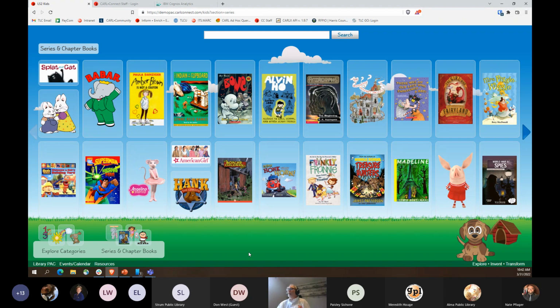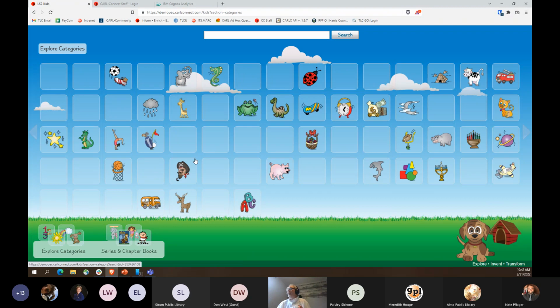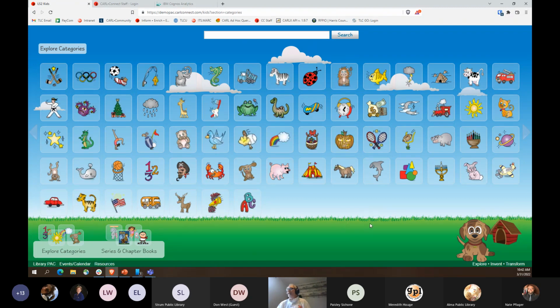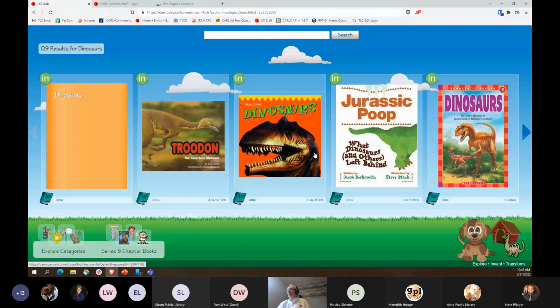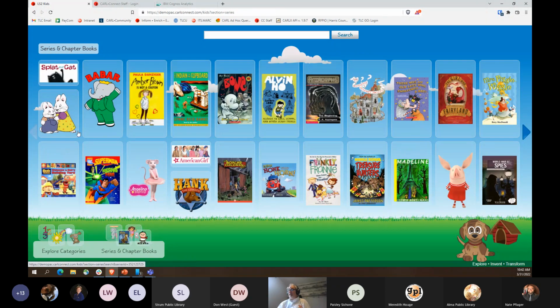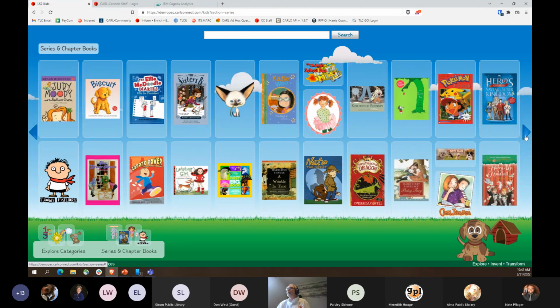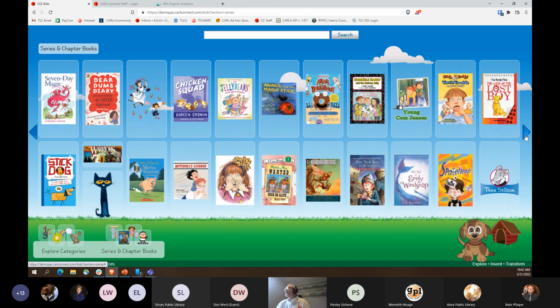I'm not going to spend a whole lot of time here, but we've got exploration by categories with graphical pictures. So, you know, a young child wanting to look for dinosaurs can immediately go right to a dinosaur display, and series and chapter books, where again, we can immediately recognize Babar, or my favorite is Elephant and Piggy, and I